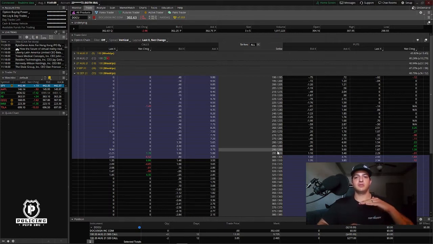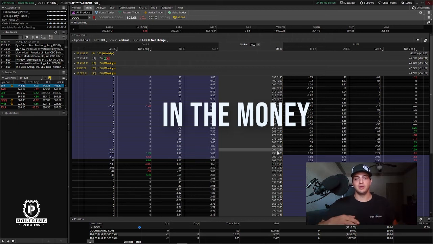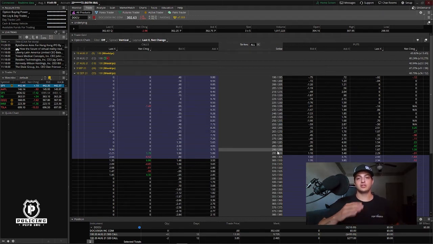You want the price to be above both to get your max profit, but as long as it's between, you're going to start to see that your option is in the money. In the money just means that your option is actually worth something in the future. And out of the money just means that it's not worth anything and it's going to expire worthless. Options do afford you the opportunity, I didn't mention it before, of exercising.